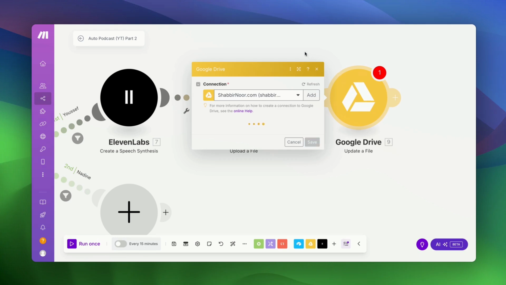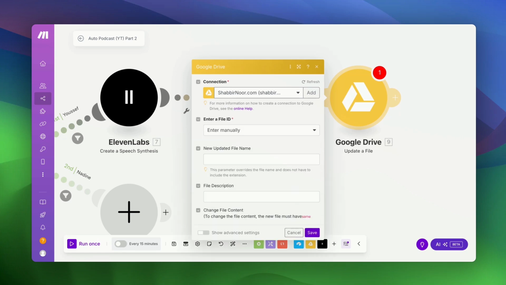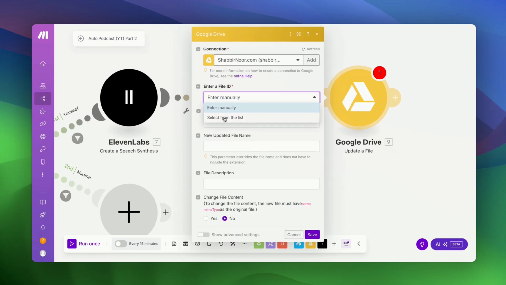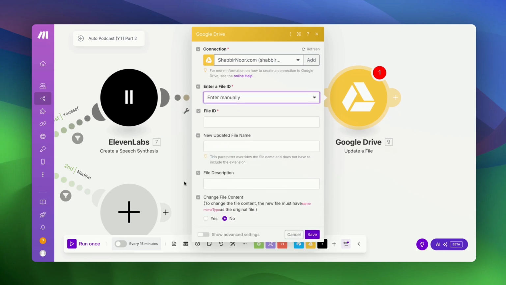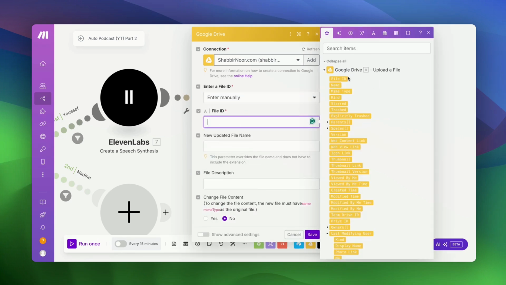And the file that we are going to update, we just have to reference the previous Google Drive module that we created. The file ID is select from a list, My Drive. Oops, enter manually. That's what we need. The file ID is the file ID that we uploaded here, right? File ID. The new updated file name is